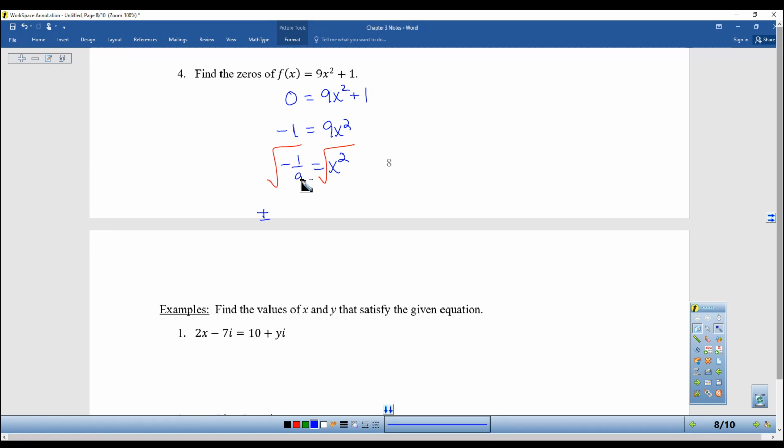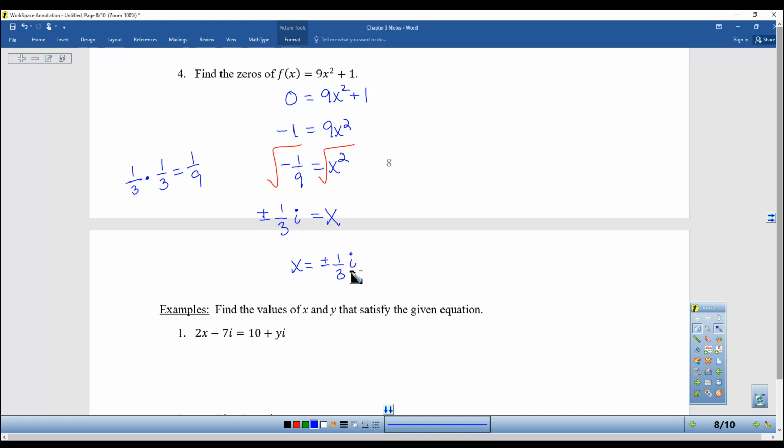So 1/9 is a perfect square. 1/3 times 1/3 makes 1/9. That's what it means to be a perfect square: a number times itself equals something. That makes that something a perfect square. So this is 1/3 i. So you can write that as plus or minus 1/3 i, but if you do that, make sure the i